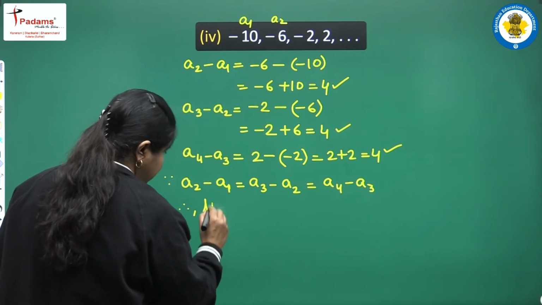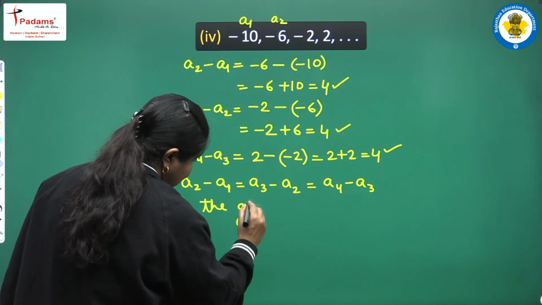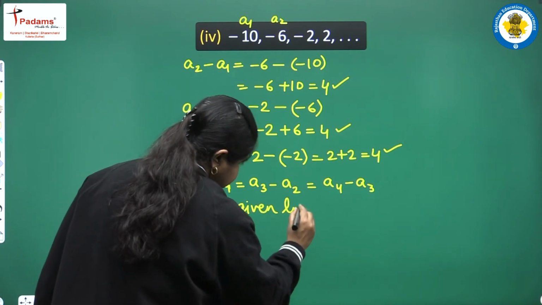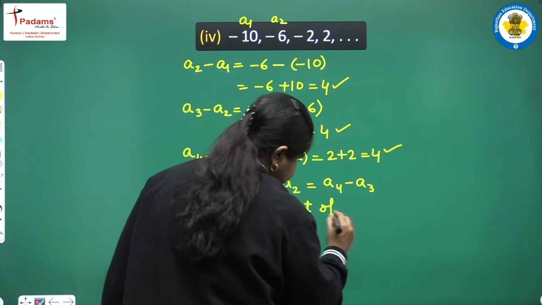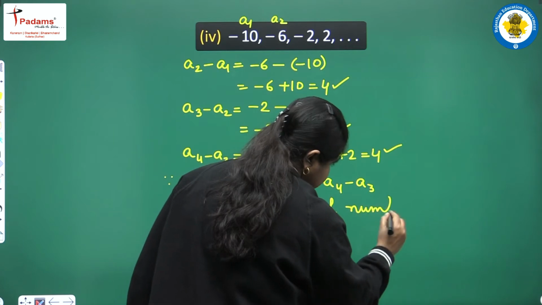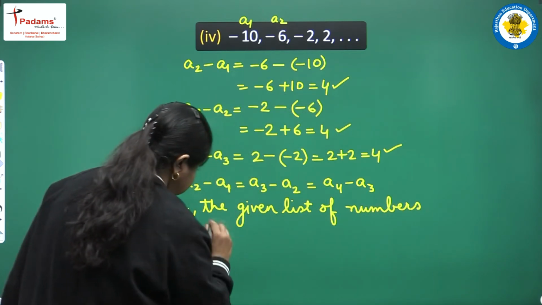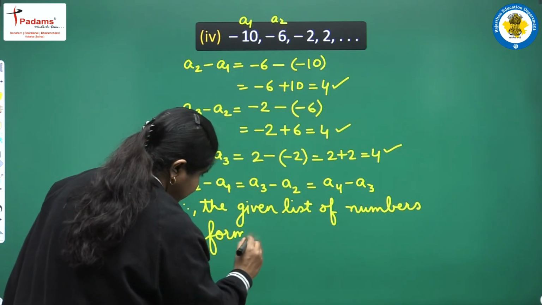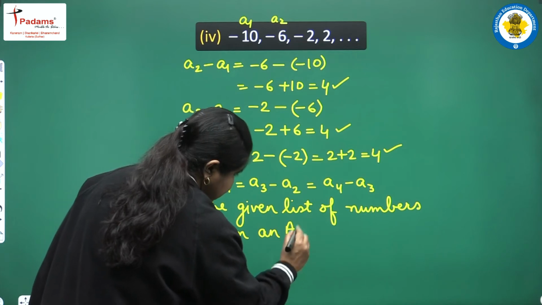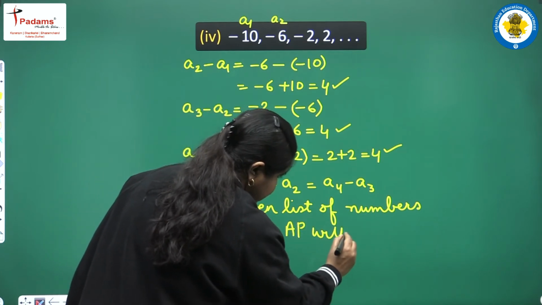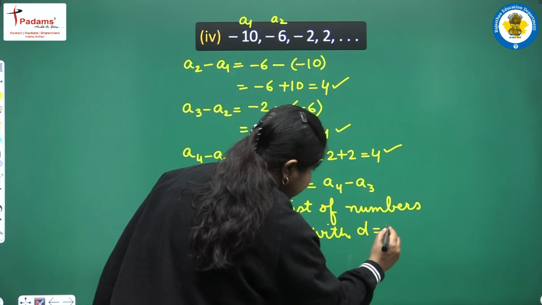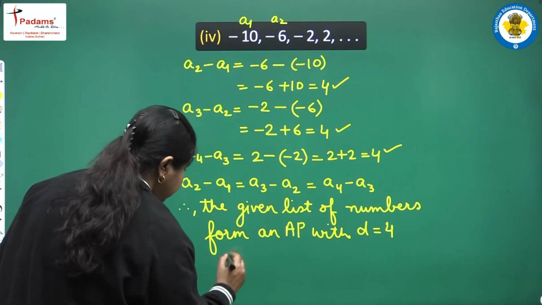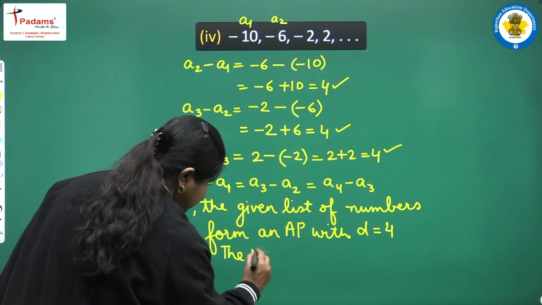Therefore, the given list of numbers form an AP with common difference D equal to 4, and this time the next three terms